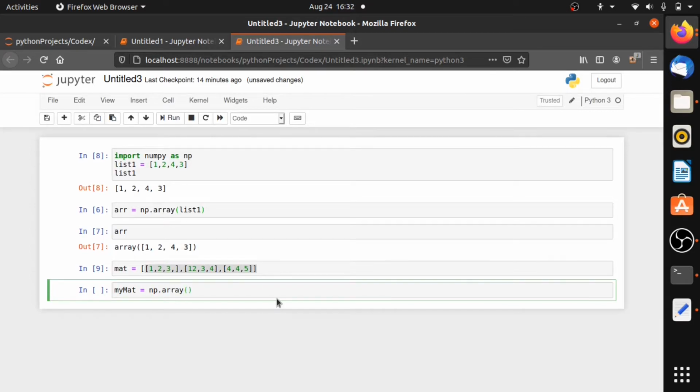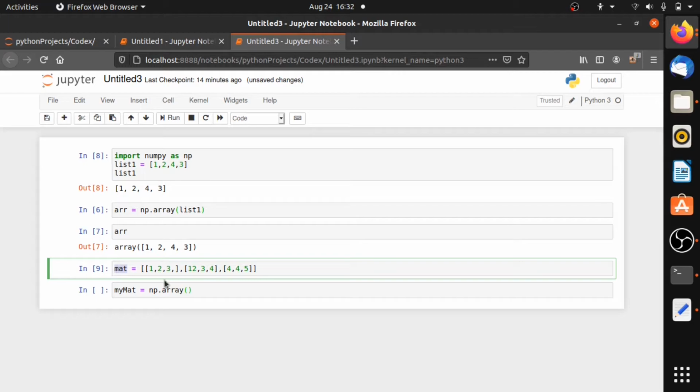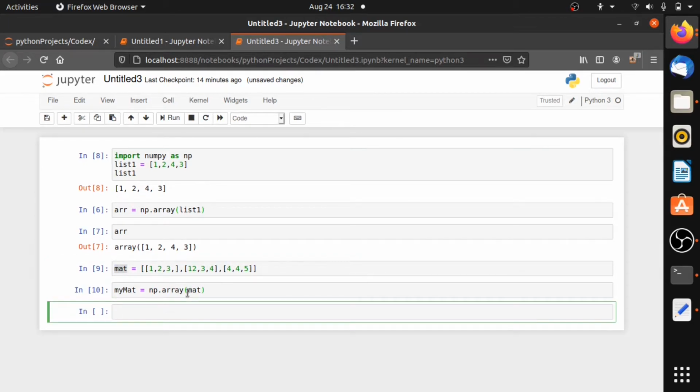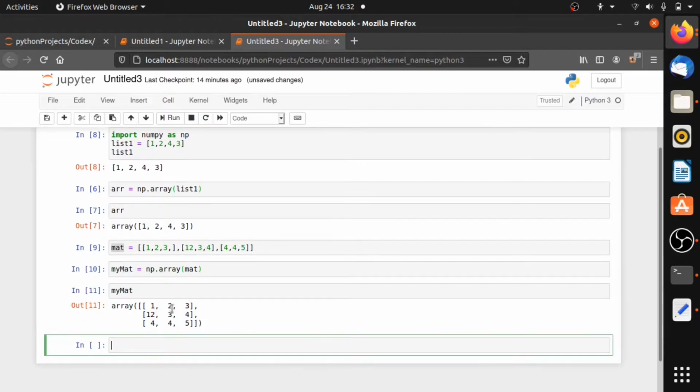Now let's pass the list variable, mat, inside the array function. Now let's check whether we have created the 2D matrix or not. my_mat. See here, we have created a 2D matrix.